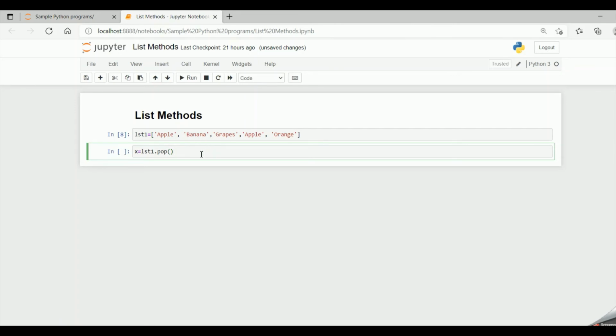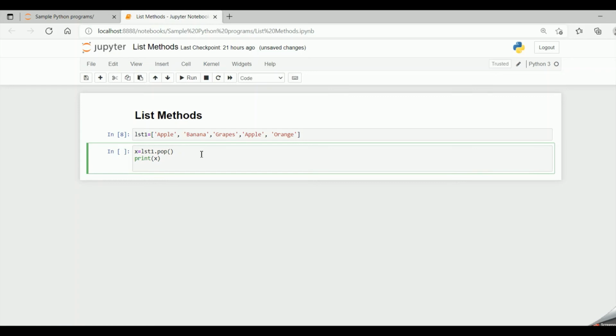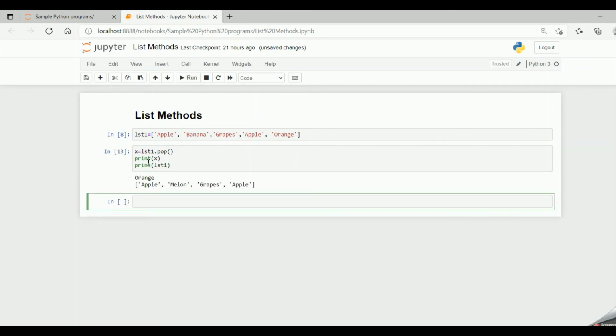So now if I say print x and print lst1. So if I run the code, x is having the popped item, that is orange, and orange has been removed from the list.